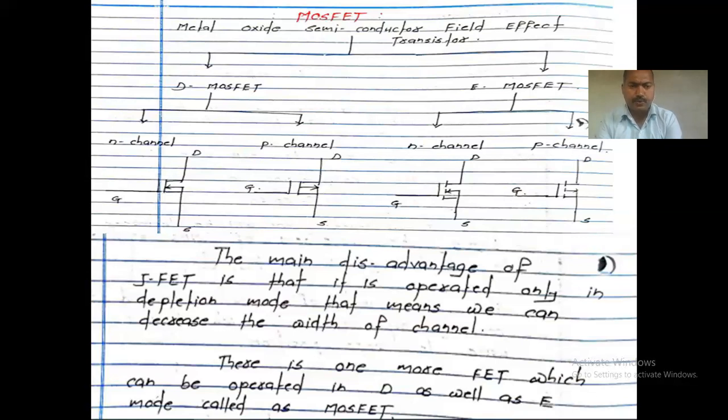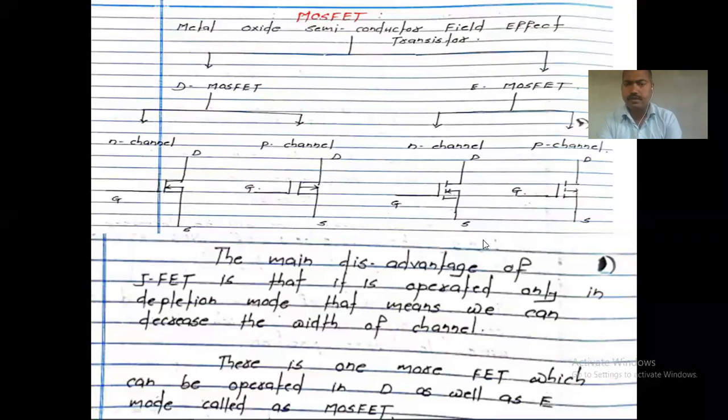N channel is indicated by an arrow pointing towards the inside, and P channel by an arrow pointing downward. In the case of the N channel E MOSFET, there is another change only. See, the three dots are not on the same line, because this line indicates that there should be formation of the channel, right? Here is the formation of the channel, but in another way. That's why this should be a dotted line. The N channel has the arrow towards the inside, and the P channel has the arrow pointing downward, towards the outside, right?